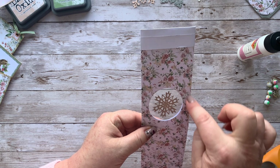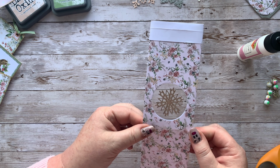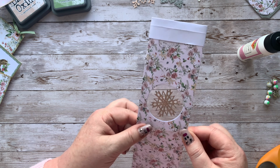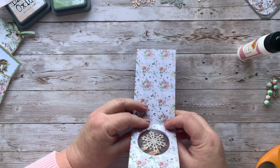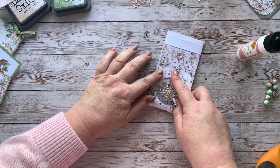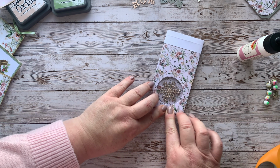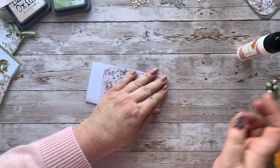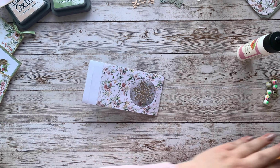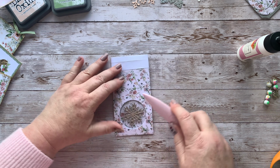Now you can go and stitch around there if you want, or stitch around here. That's completely up to you. All right, so I am not going to do it. I'm just going to now turn the bottom bit over. So I'm going to just turn that back, make sure that this lines up nice and neatly like that. And I'm going to use my bone folder, which has disappeared somewhere. Here it is. So we just want the bone folder,